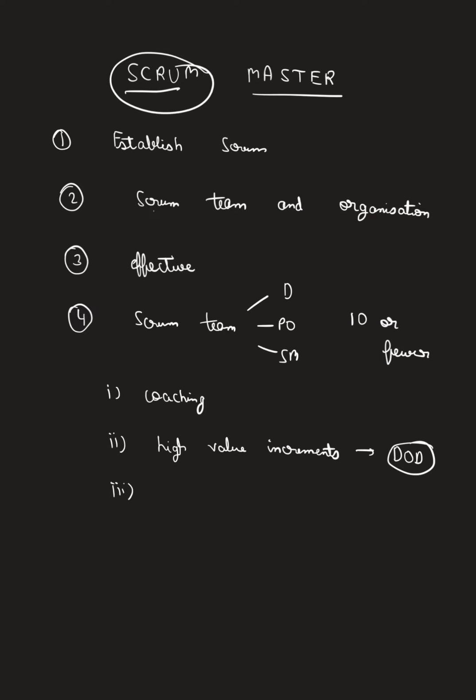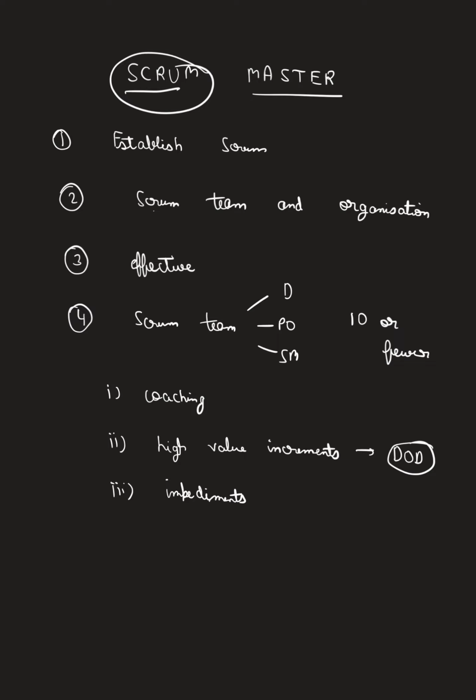Another way in which he serves the Scrum team is by removing impediments. Impediments means blockers. For example, let's say your team is saying that we are not able to get a room for the daily Scrum meeting. Then the Scrum Master helps in solving it. Your Scrum team might be saying that we are not able to understand this feature, or the product owner is not helpful, or this developer is not helping us. Then your Scrum Master comes and solves it.